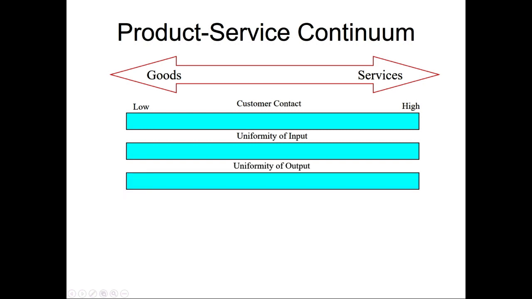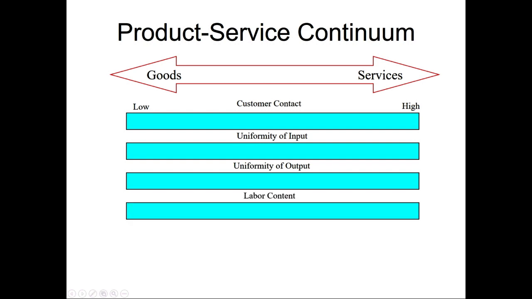Let's go through the rest of these. Uniformity of output. How much do things look the same when we are finished with them? Our granola boxes pretty much look the same, but our hair cuttery, very, very much towards the opposite end. So don't be totally fooled. I should have put a reverse scale in here, but recognize where we fit on this continuum for how things come out. And I'll explain why that's important in just a minute.